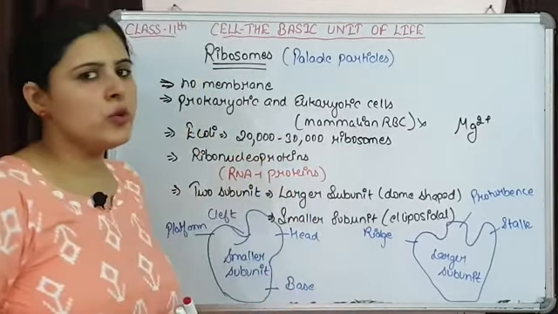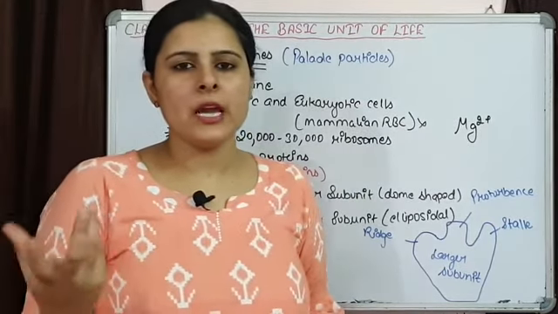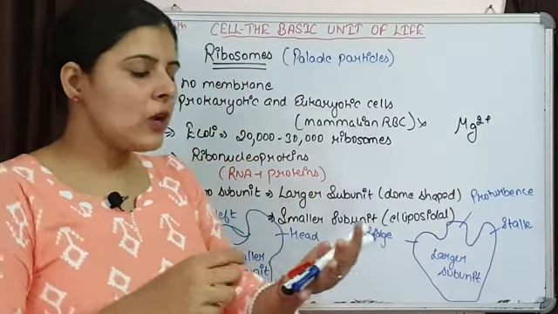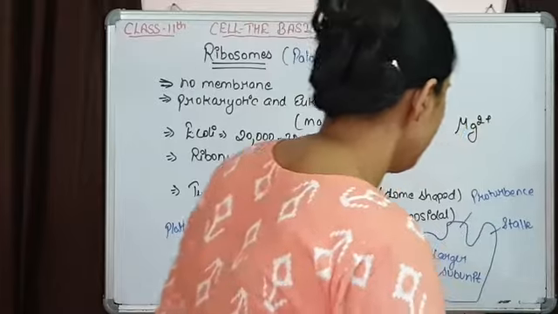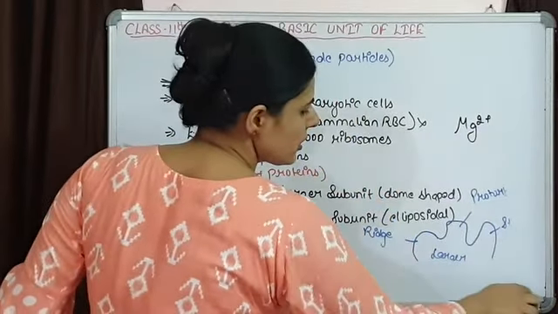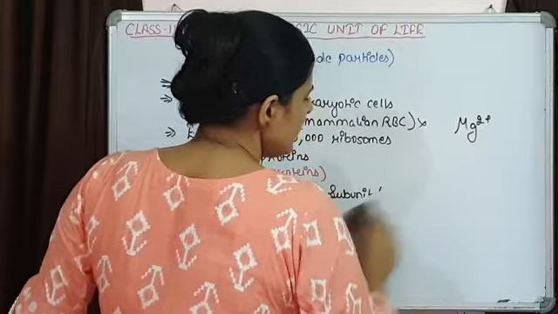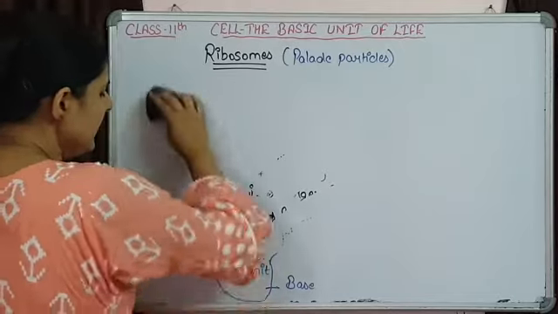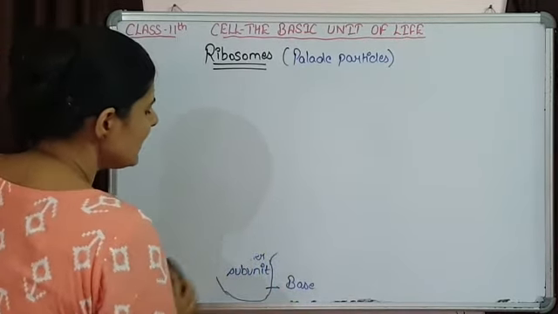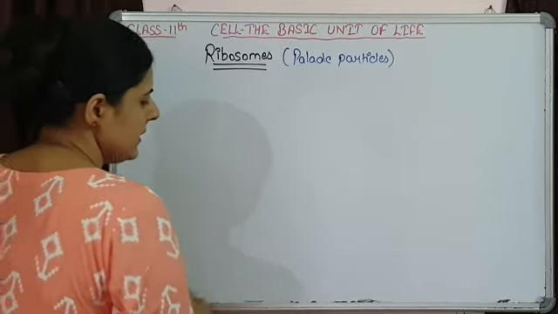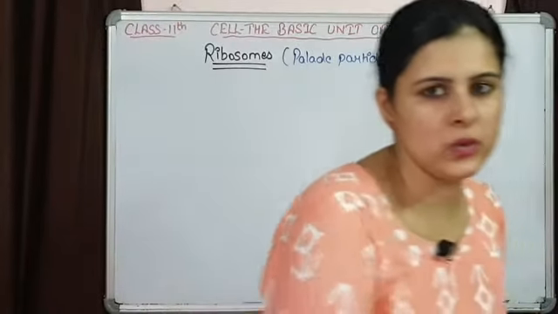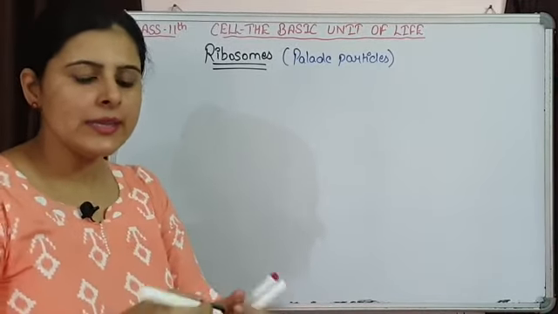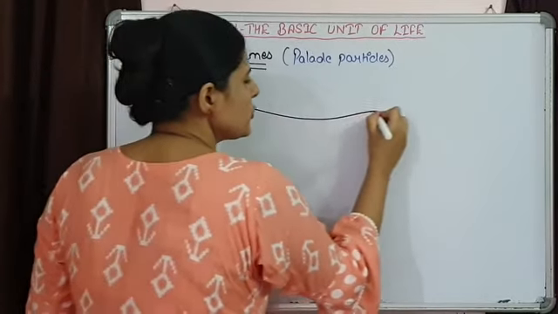Now these ribosomes are present in two forms. They are present in monosome form, meaning only a single unit of ribosome is present, or they are also present as polyribosomes. We already talked about polyribosomes when we talked about ribosomes in a prokaryotic cell. So over here also, when more protein synthesis is required, जब ज़्यादा प्रोटीन सिंथेसिस की रिक्वायरमेंट होती है या जब एक ही पॉलीपेप्टाइड की मल्टीपल कॉपीज की रिक्वायरमेंट होती है, when one polypeptide and multiple copies of that polypeptide are required, then they are going to be present in the form of polyribosome.